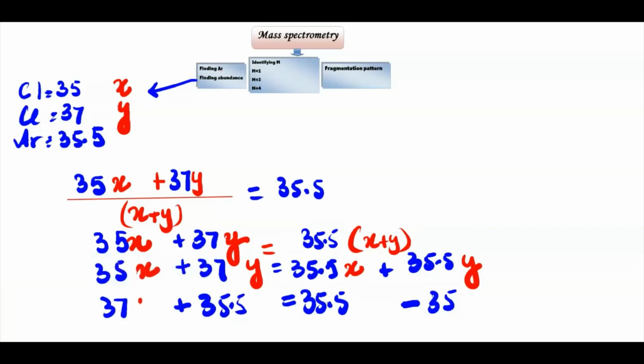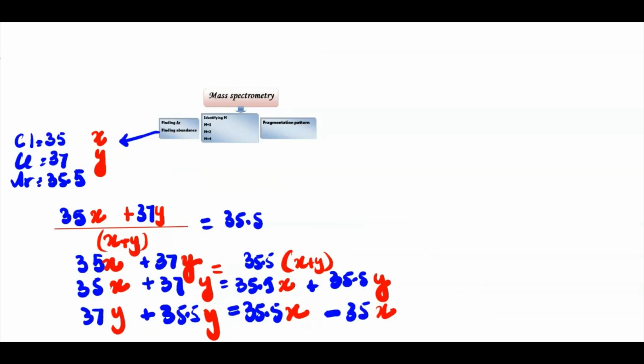So by simply solving your equation, you will have 37 minus 35.5 times y, and 35.5 minus 35 gives you 0.5x, and you have 2.5y, and when you solve it, x divided by y,